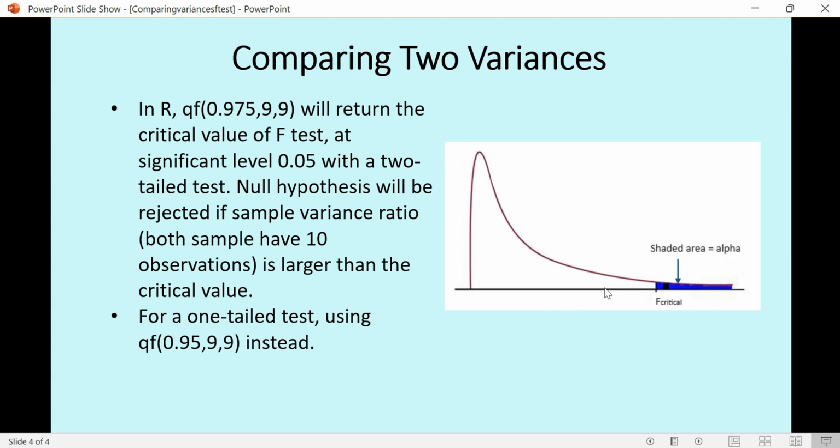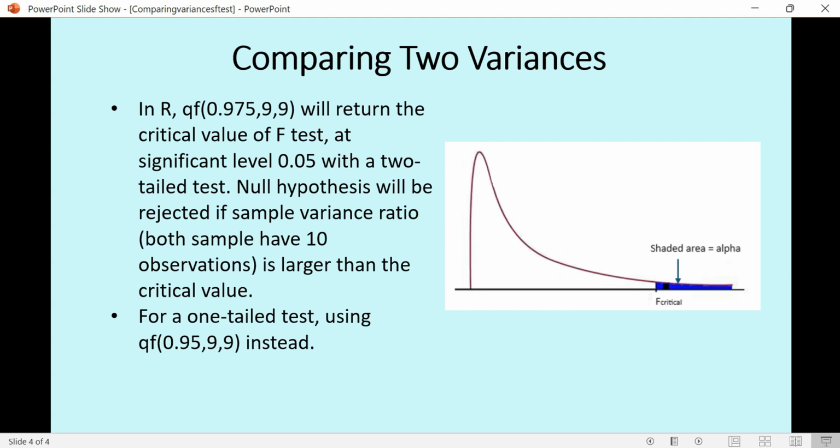We use this for a two-tailed test, when we have no information about which variance will be larger than the other. But if we have some prior information, such as one variance being larger than the second,